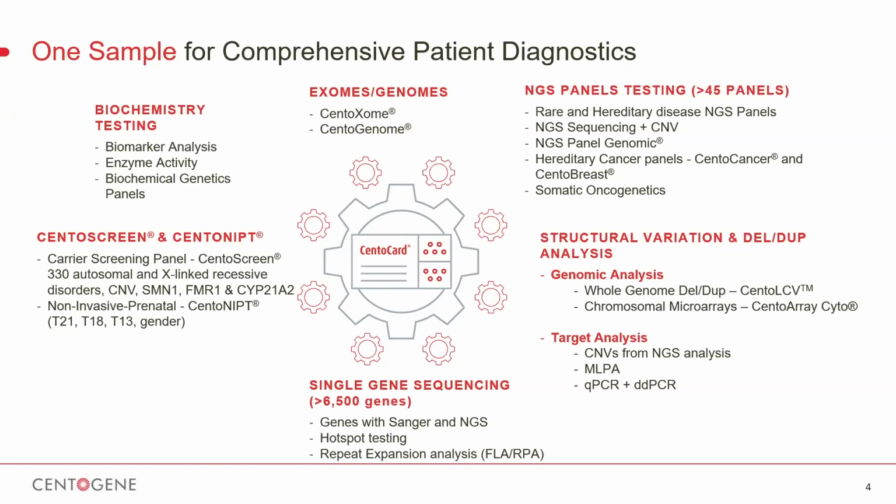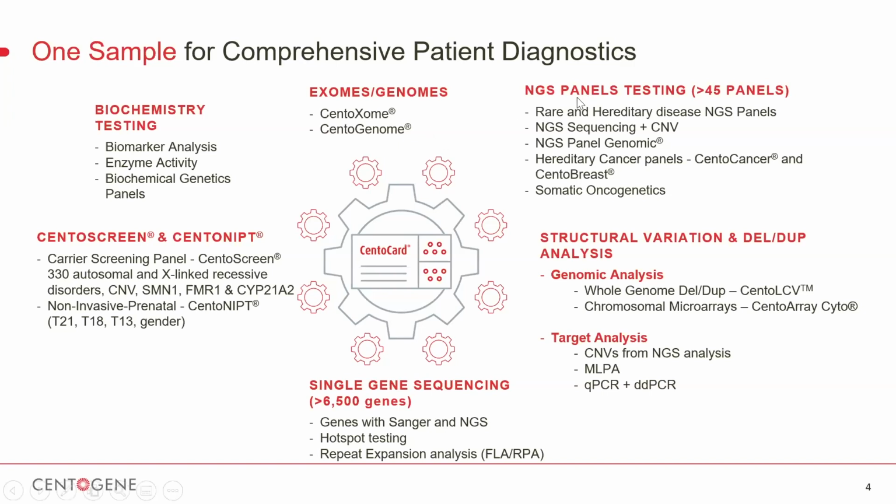At the top of our portfolio come the whole exome sequencing CentoXome and the CentoGenome. CentoXome is concerned mainly with the coding regions and exon-intron boundaries. The CentoGenome is concerned with the whole genome, coding and non-coding, including the mitochondrial genome. They are the two most comprehensive tests worldwide, and they are helping in the reclassification of many genes and variants in the genetic field.